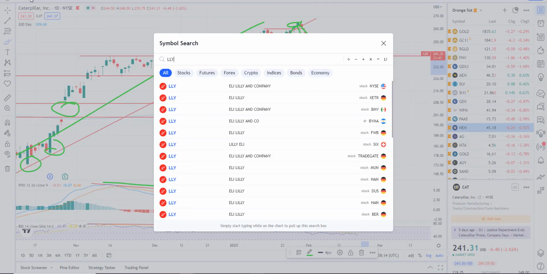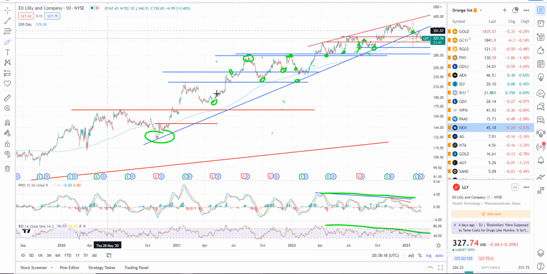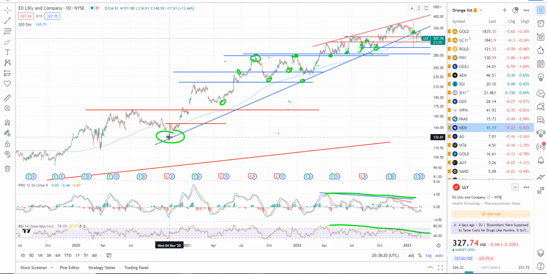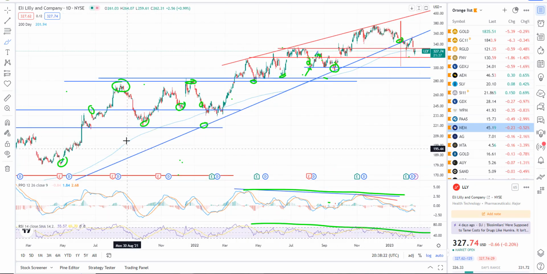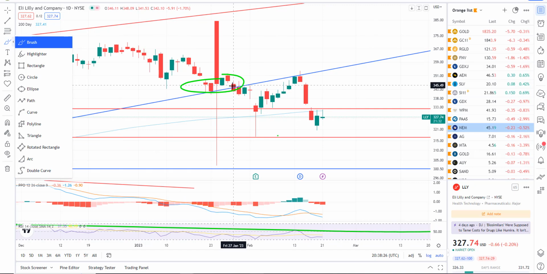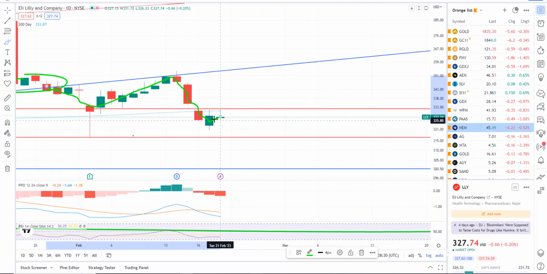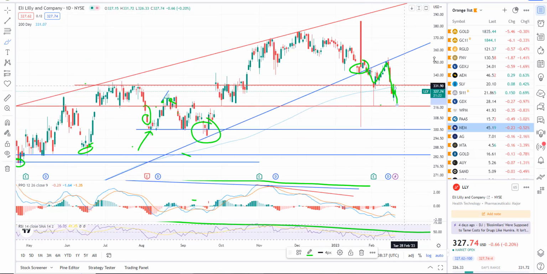Okay. LLY, Eli Lilly. This one, again, uptrend line here on the daily. All right, this is going all the way back to November of 2020. So that one is now on a complete sell signal, sell the rip, broke trend here, back test, and down she goes. All right, underneath the 200-day simple moving average, you can see it's tested it the last few days. It's failing so far.